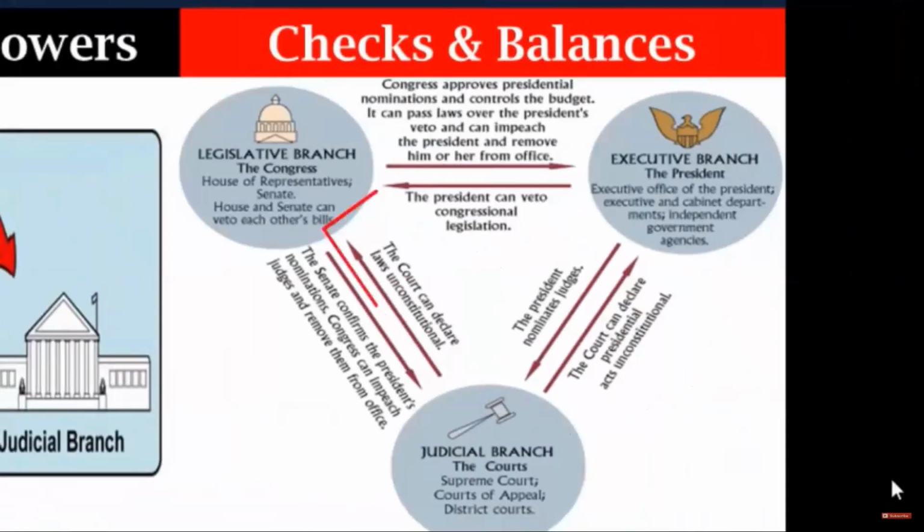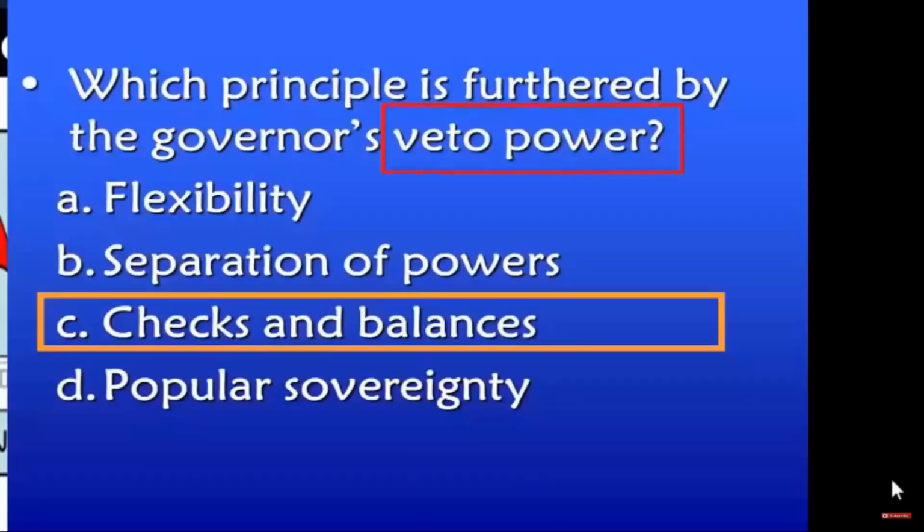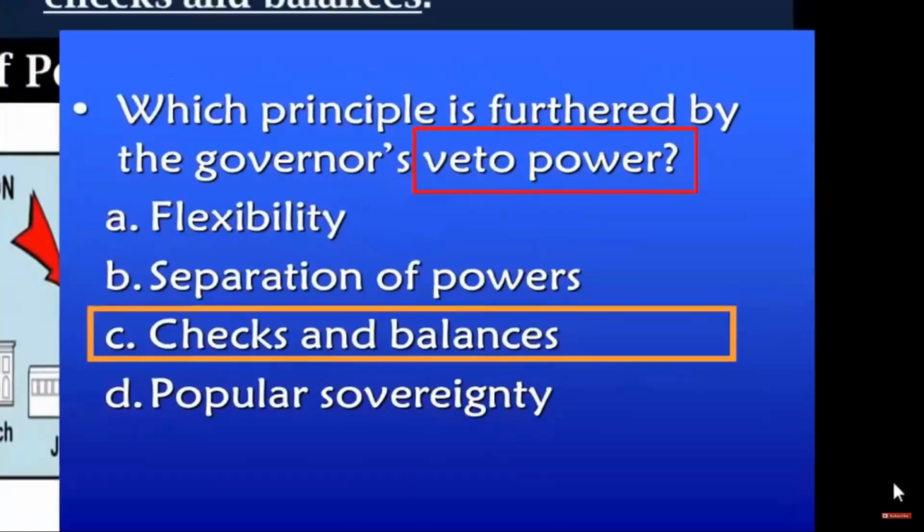For example, judicial review, the power of the Supreme Court to declare a law passed by Congress as unconstitutional, is a check of the judicial branch by the Supreme Court. The president's power to veto or try to stop a law, and Congress's ability to impeach or remove from office the president or a Supreme Court justice if they're doing something wrong. There's other checks, but those are the big ones that you're most likely to be tested on.